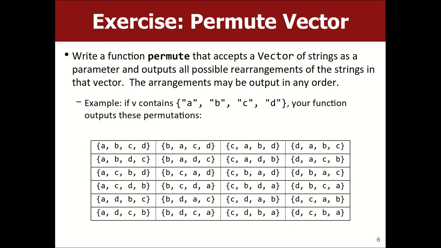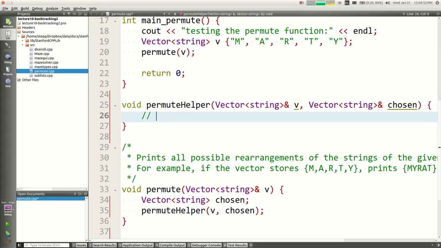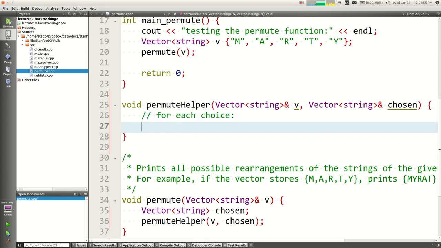I guess maybe it's not clear what I'm asking. I should choose all of them, one at a time. I should choose A and then try that. I should choose B and then try that. I should choose C and then try that. There's no bad outcomes. It's not where I'm going to get to a bad state and withdraw from it, but I need to do all of them. I need to try all of them as being first, and then I need to try all of them as being second. So the idea here is for each choice, choose,